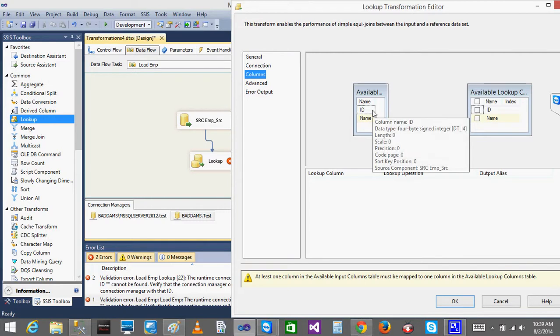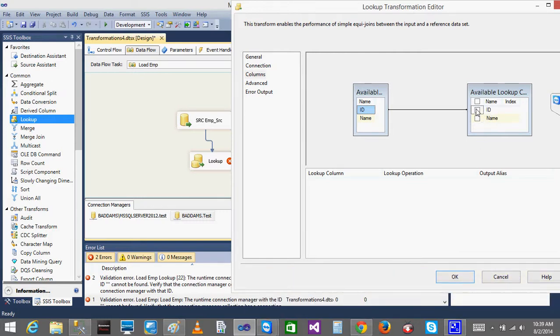On what columns do I need to do a lookup? I need to do a lookup on the ID. And what I'll do is get both of these columns from the destination. Lookup is similar to a join, it is some concept of join. So this ID which I'll be getting from this lookup, I'll name it as id_lookup, and the name as name_lkp. Okay, that's it.